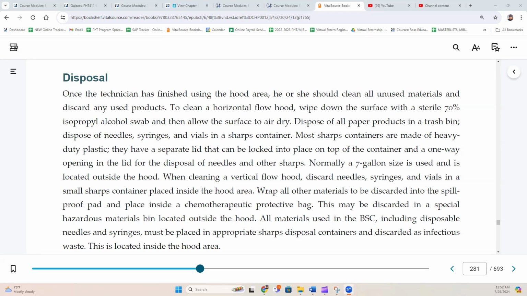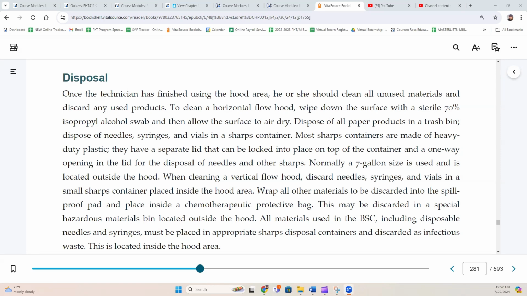They have a separate lid that can be locked into place on top of the container and a one-way opening in the lid for the disposal of needles and other sharps. Normally, a 7-gallon size is used and is located outside the hood. When cleaning a vertical flow hood, discard needles, syringes, and vials in a small sharps container placed inside the hood